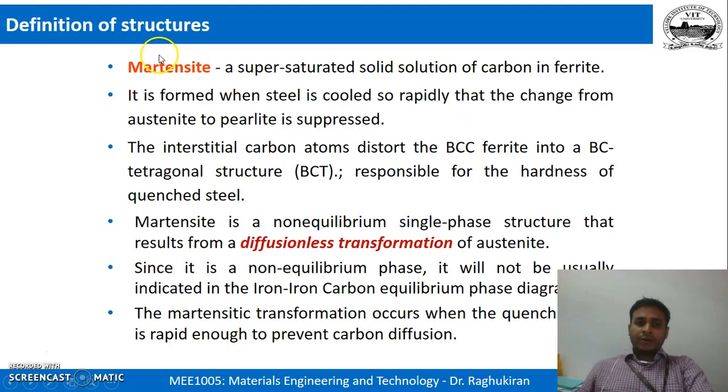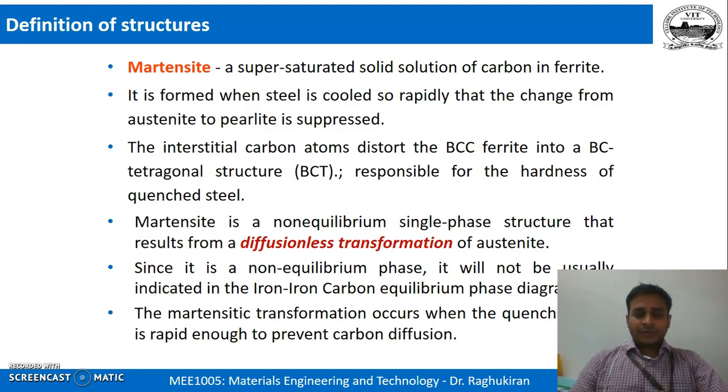So far what we have seen, for example, austenite, ferrite, cementite, ledeburite, pearlite, all these we are able to see in the phase diagram. But if you see martensite, we are talking about martensite. Before we know what it is, did we mention this in any of our phase diagrams? No. And why? You will understand why we don't see it in the phase diagram only after understanding what